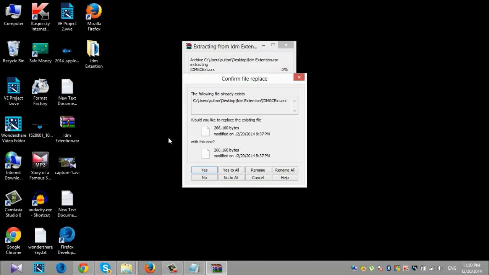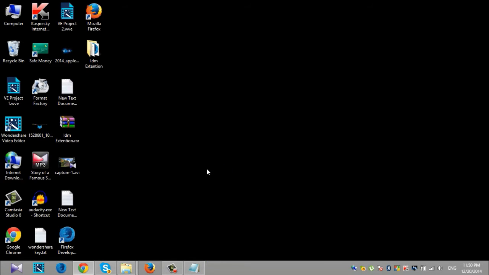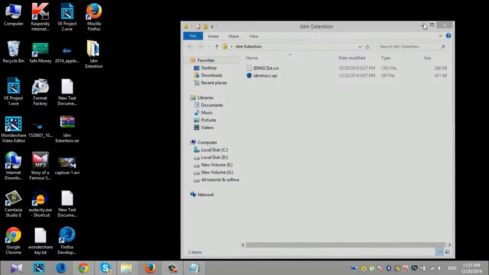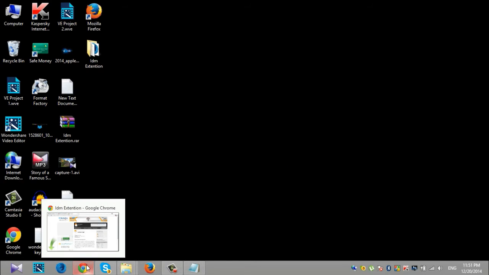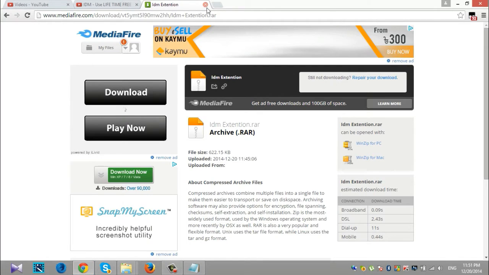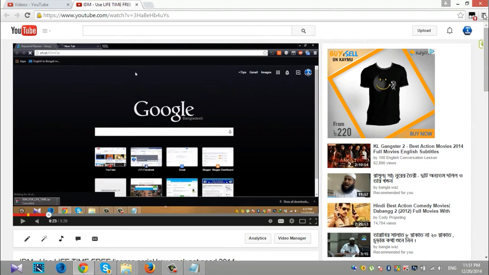Extract this file. So now if you use Google Chrome, at first you have to